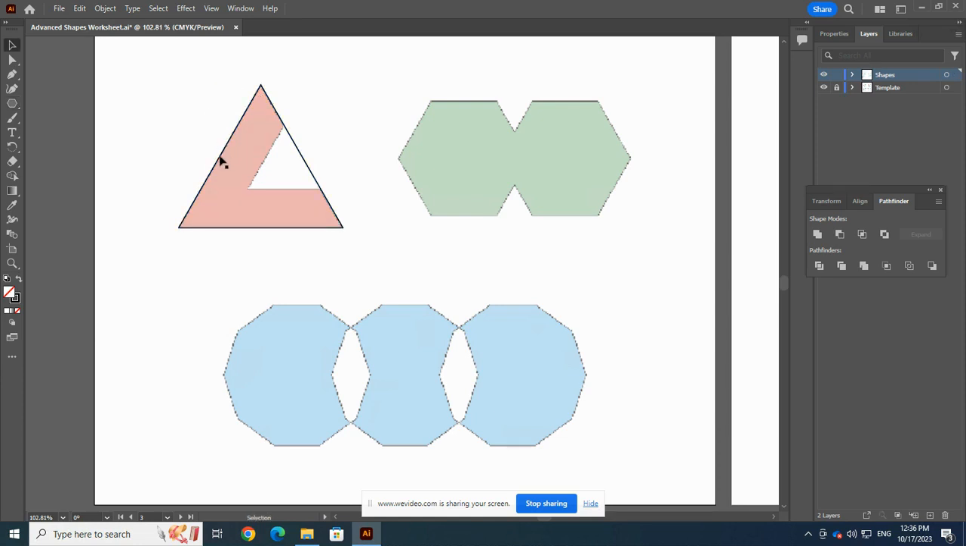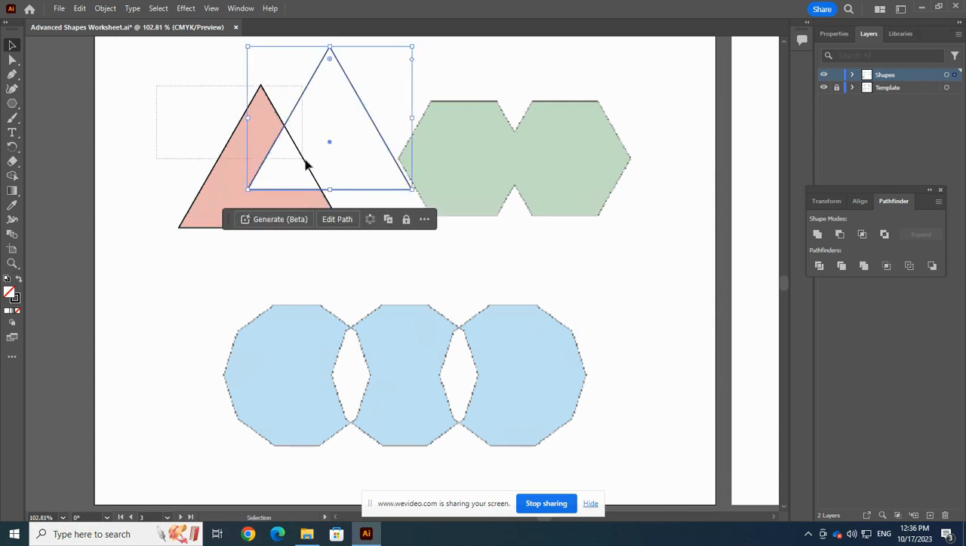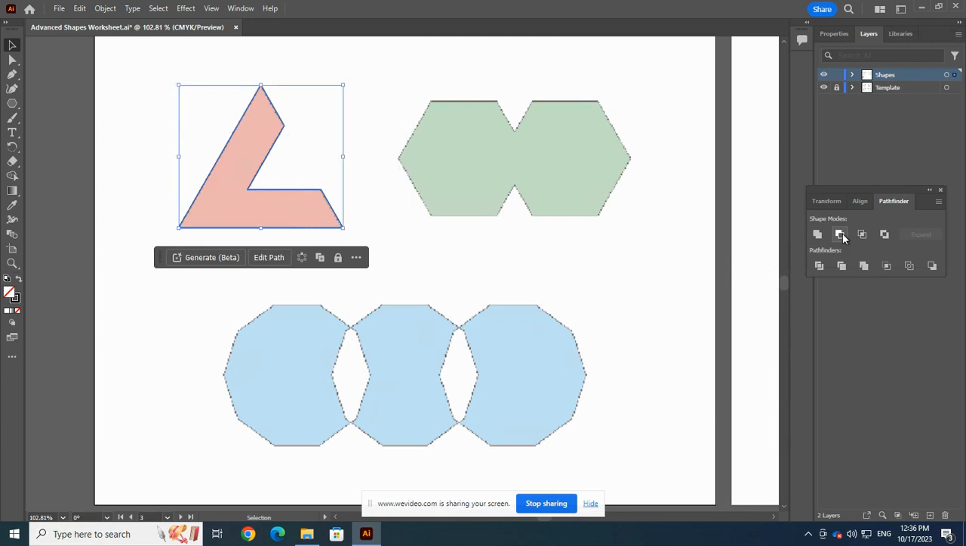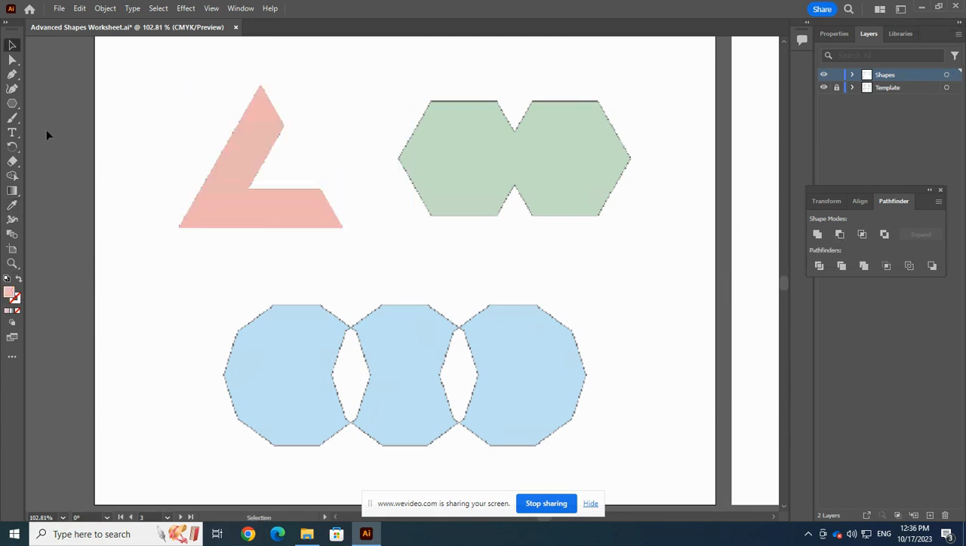Now what I want to do is use my black arrow tool to move it. And again, I'm going to hold Alt to copy it. So I have my 2 triangles, and I'll select both of them. And just like I did with that circle on the last one, I'm going to minus the front again. And it knocks that shape right out of there. We've got our first one. Our next shape